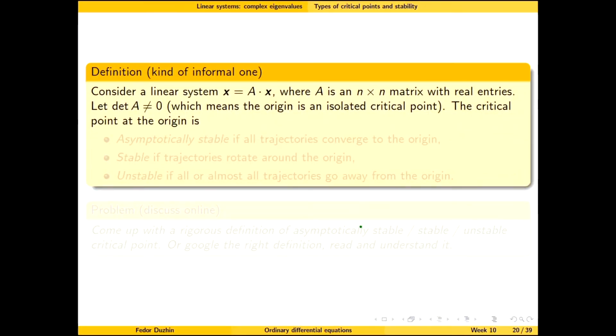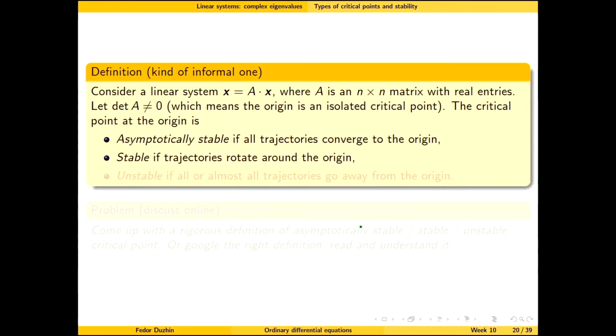Now let's talk about stability of critical points. So we say that a critical point of a system of differential equations, in this case it is the critical point at the origin, but generally speaking for nonlinear systems it may be some other critical point, but in any case, if it is asymptotically stable, it means that all trajectories converge to the origin, stable if they just go in circles, and unstable if all or almost all trajectories go away